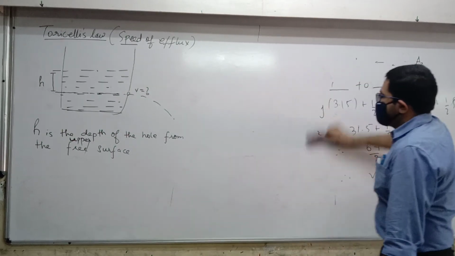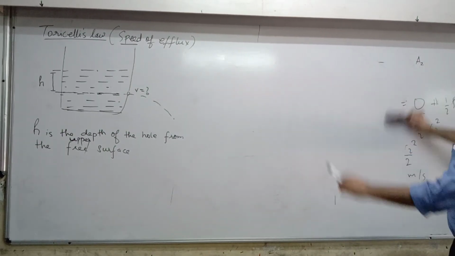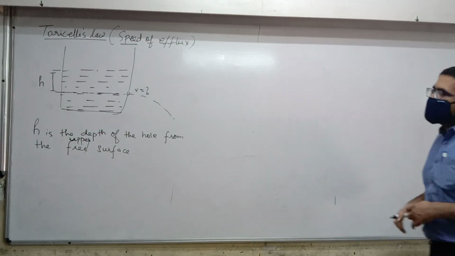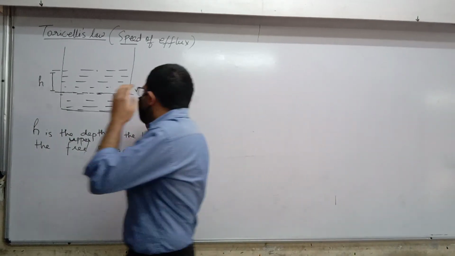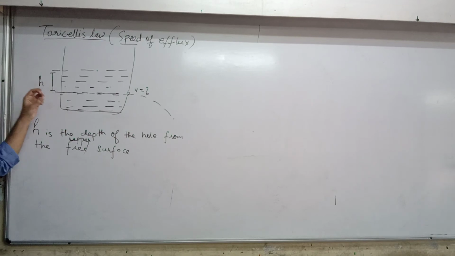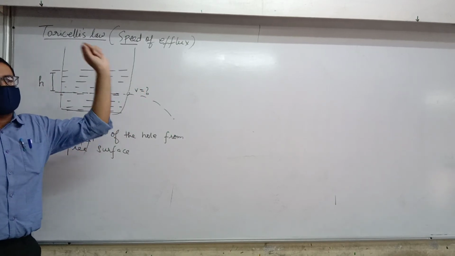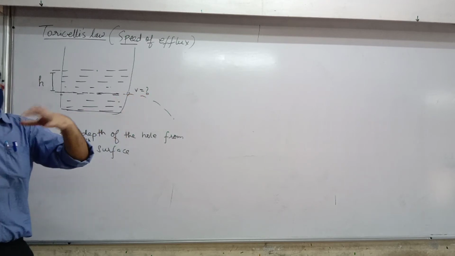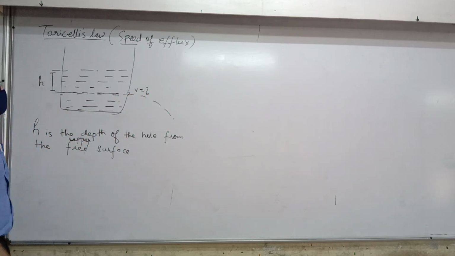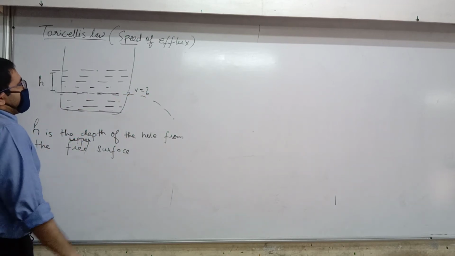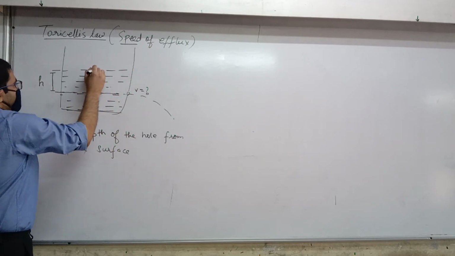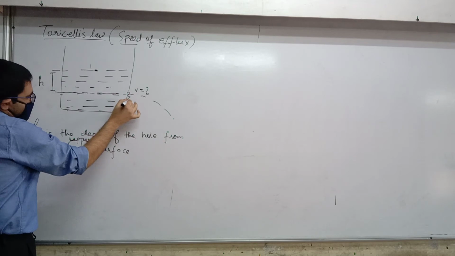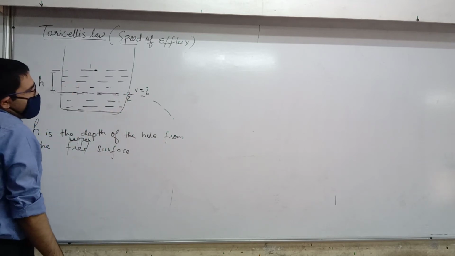Now, we want to find out how much the speed is. For that, we are going to use Bernoulli's theorem. That is, we are going to assume that when the liquid flows out of this hole, it follows streamline flow, irrotational and all those other assumptions. Okay? Keep it simple. So let's say here is one point, number 1. And this hole is where there is point number 2. Right? Okay.